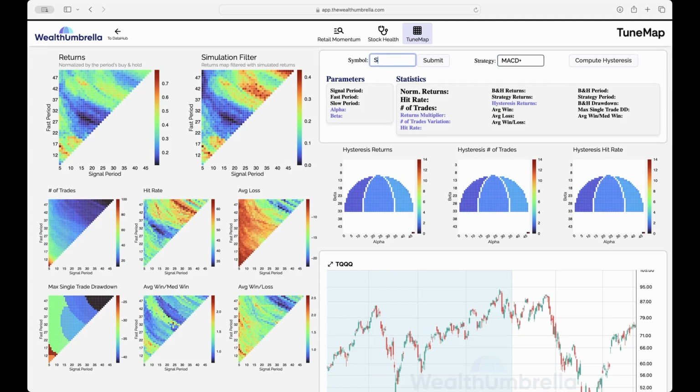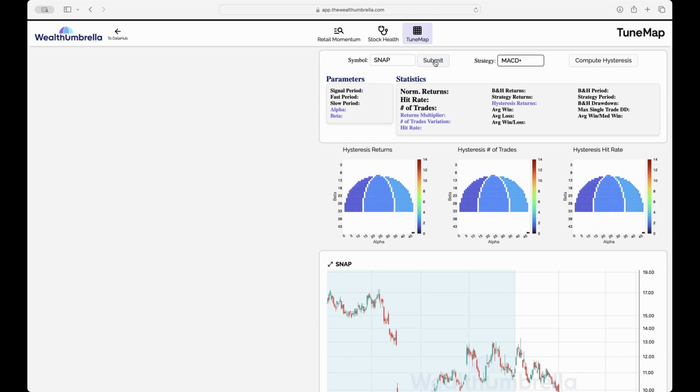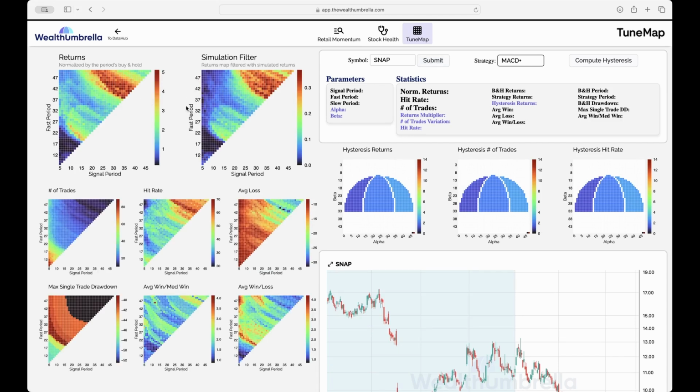It's a bit different than the other one. So let's go to Snapchat. On Snapchat, on the MACD, you see that the simulation return is something pretty similar to the return, as the map kind of highlights this similar point. We'll deactivate that area a bit, but let's pick an optimum here,